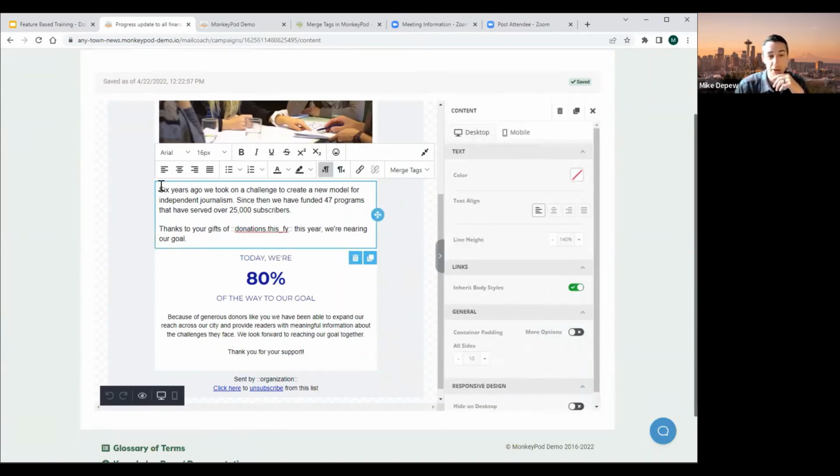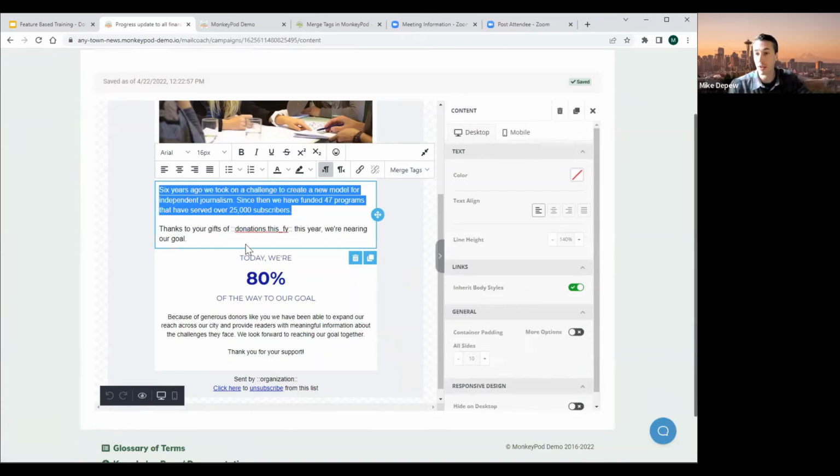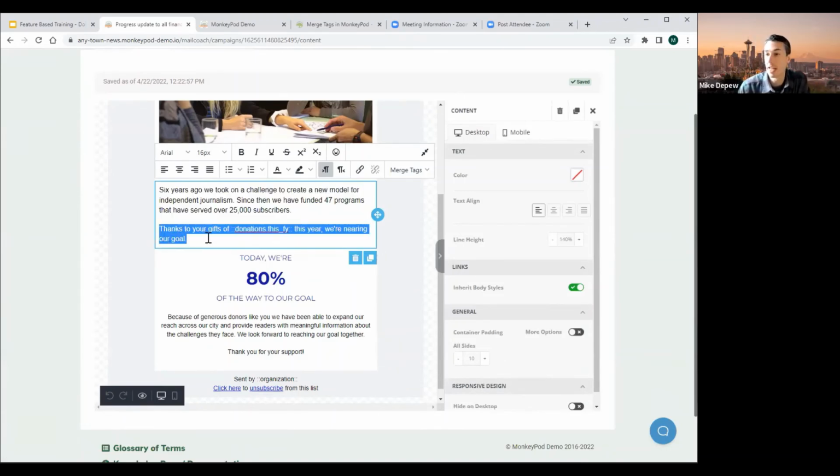And so you can see here, we might have our intro paragraph that's going to be generic to everyone. What this line right here is, now we want to personalize to the donor with some piece of information from MonkeyPod. You can use a tool called merge tags. Merge tags are just a code that we have created in MonkeyPod that's going to pull a specific data point into the email. And it's going to change that data point for every single person based on their record. So in this case, I might want to say, thanks to your gifts of X amount of dollars this year, we're nearing our goal. To put in this merge tag,